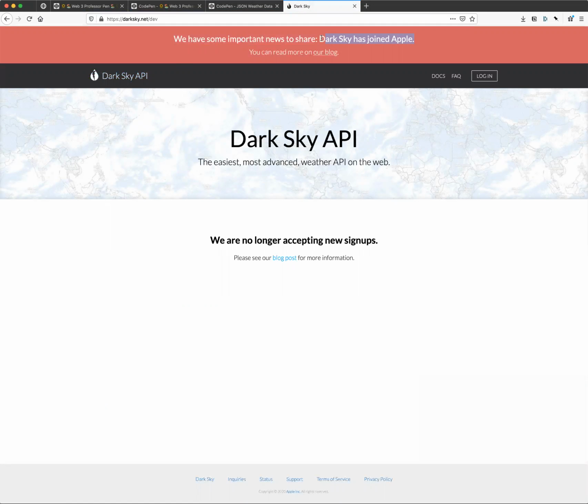So don't get me started on the politics of weather data. Basically, weather data is free. Like we can all access it, right? But I'm not going to set up a business to go and get weather data from all the weather stations around the world. Yahoo, Dark Sky are the ones that are going to be doing that. So sorry, y'all. We have to use stale data. We were going to use live data, but